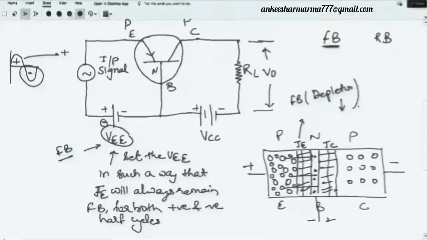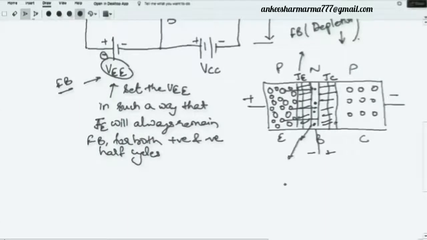Now, once the holes have reached the n side, there are electrons over there, so definitely we will have recombination over here. So what is going to happen here? Recombination. I will assume that 1000 holes are moving from the p side to the n side, and 5 of them will combine here. 5 holes will combine with the electrons of the n side. So recombination will occur, and whenever there is recombination, we have seen that there will be release of energy also, and also due to this recombination, a current will flow, and that current will be in the direction of the holes.